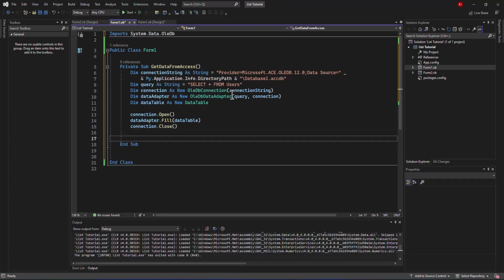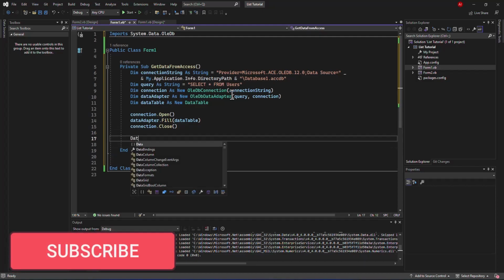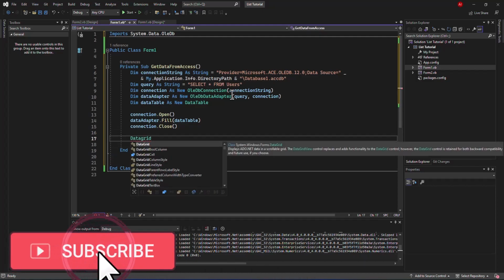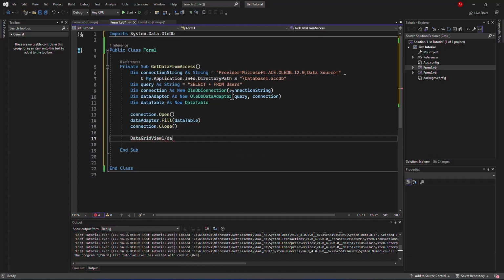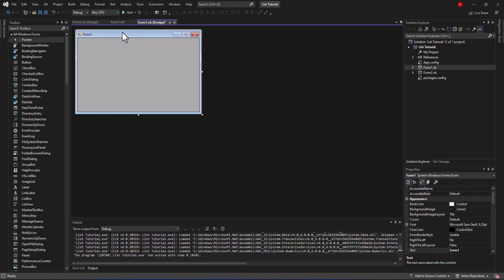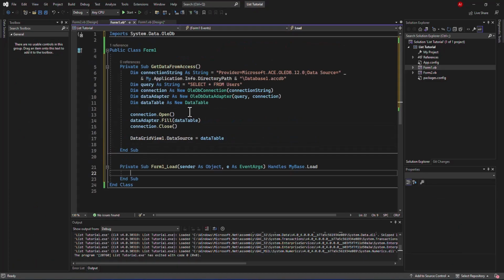Now we have to fetch the data into the DataGridView. So I'm just going to say DataGridView1.DataSource. Now the data source is going to be from the data table, just like that. Since we are done, let's go back here, and on the load event we're just going to call this